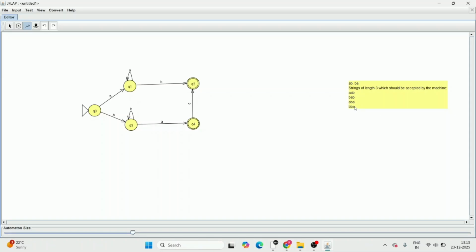So now coming to ABA, for the input symbol A, we will give a transition from Q2 to Q4 on A. So Q2 to Q4 on A. Okay, so for Q2 there is a transition on A, there is no transition for B. So now to give a transition on B, first